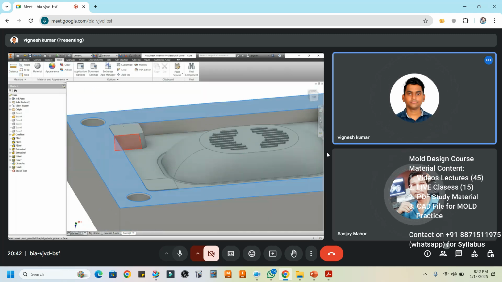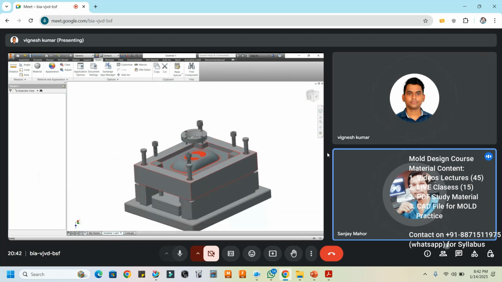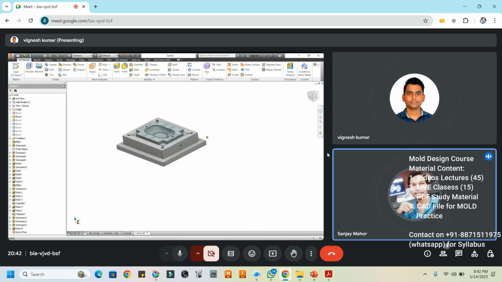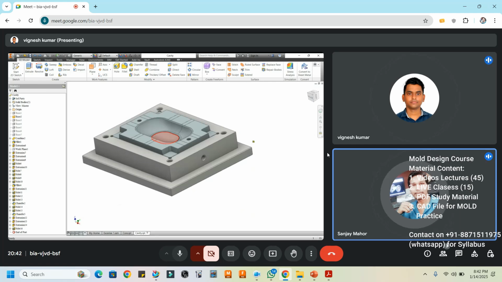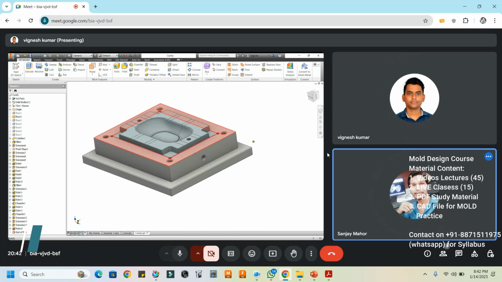Yes, this is the 0.7 offset. But if I'm talking about the cavity insert, you see here, this should be drafted into the outer area, the outer side face of the insert.